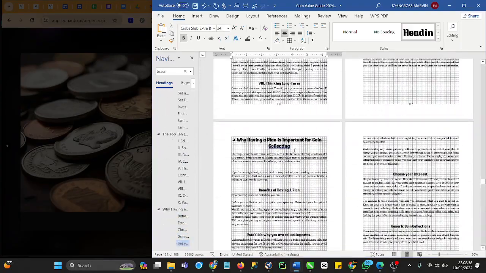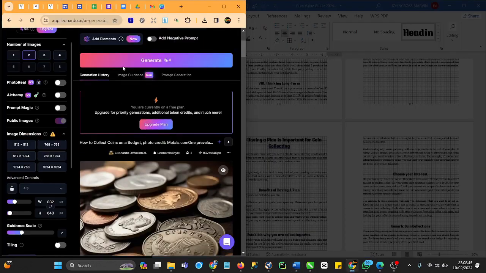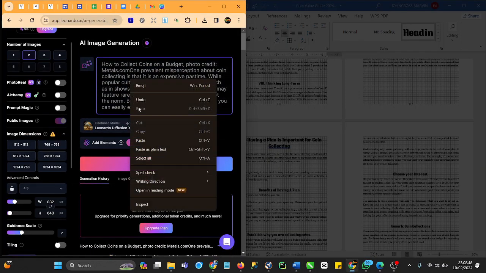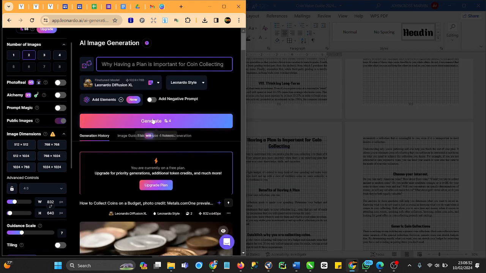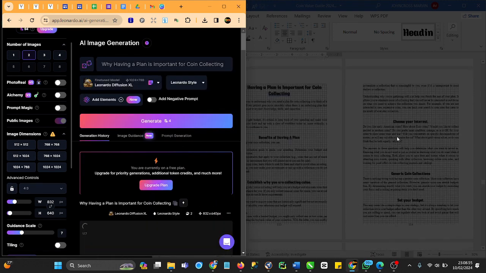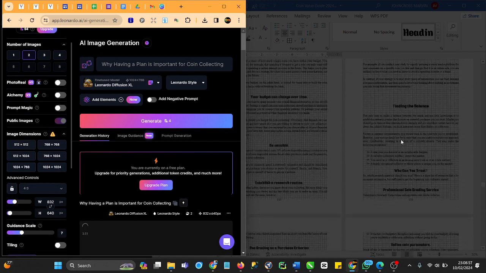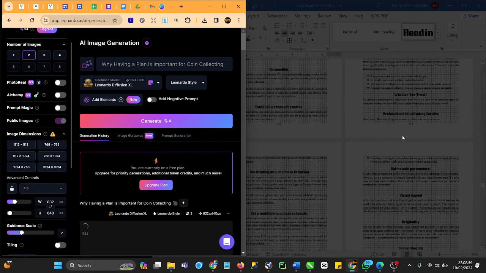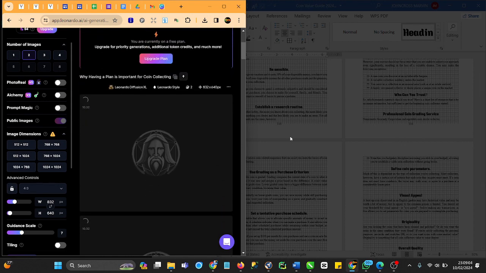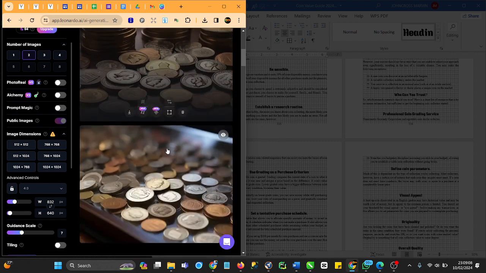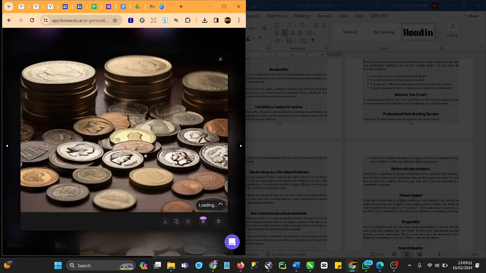So yeah. So okay, I think something like this should be part of my work. So let me also generate an image here. I'll also generate an image that goes for that section. So I paste it and I generate. All right. So I think I'm getting close to the end of this video. So that is how I generate images generally for my book. And even if you're writing a cookbook, it's still the same process. You just copy the particular recipe that you want to generate an image for, and you take it to Leonardo AI,